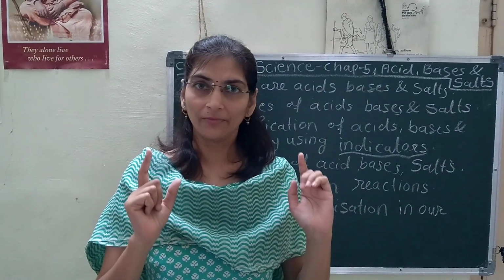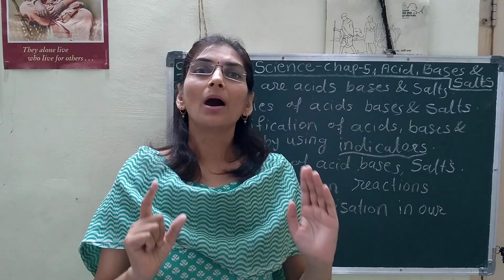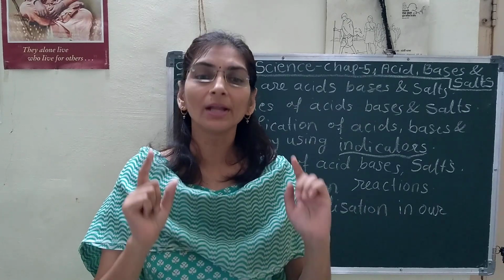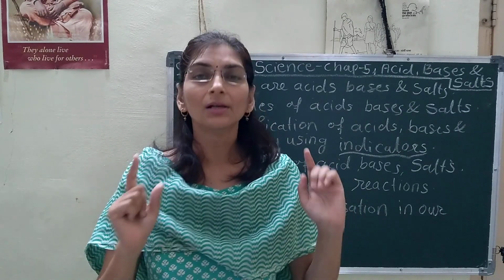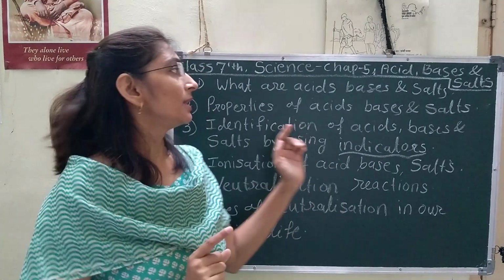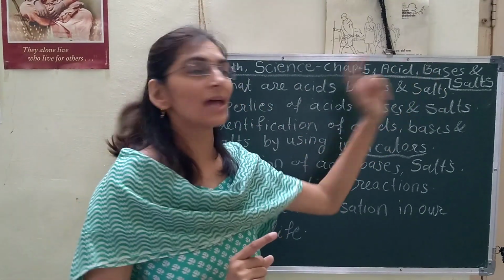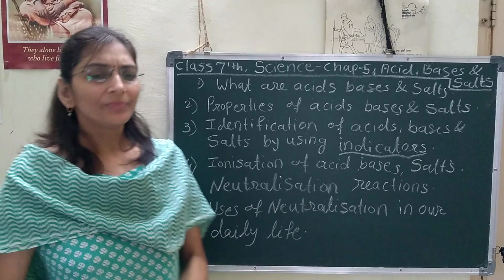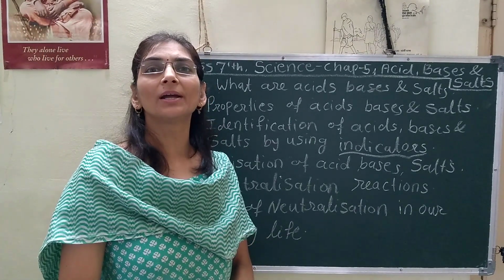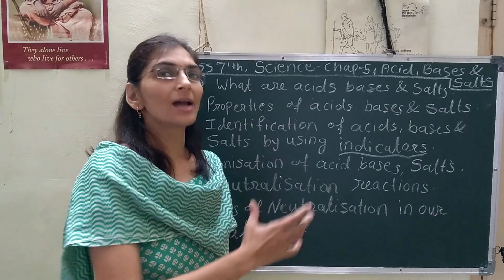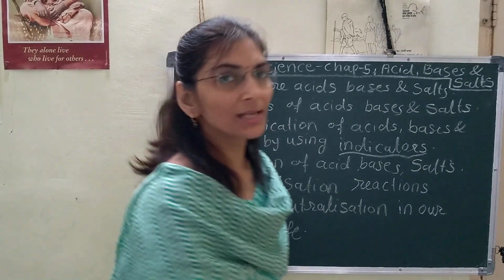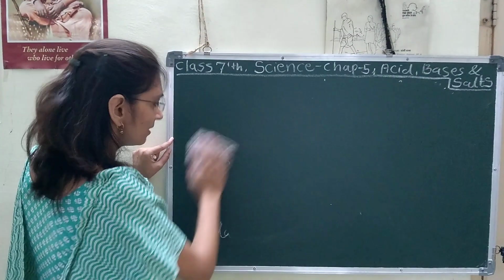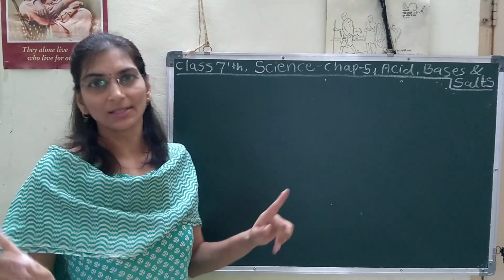On the basis of the nature and properties of these different substances, they are classified as acids, bases and salts. So there must be some definite property of acids, bases and salts; that's why they are classified in these categories. We will discuss these points in detail.